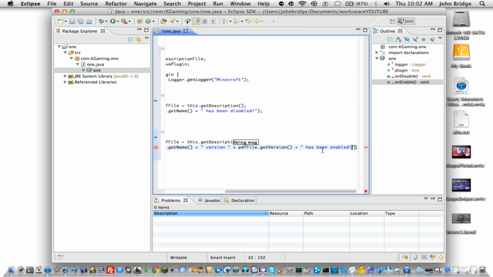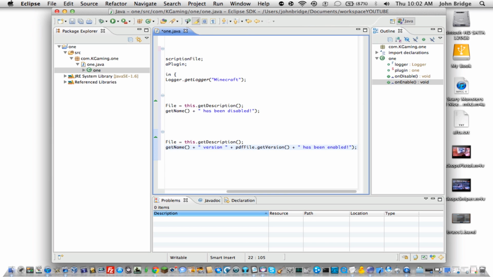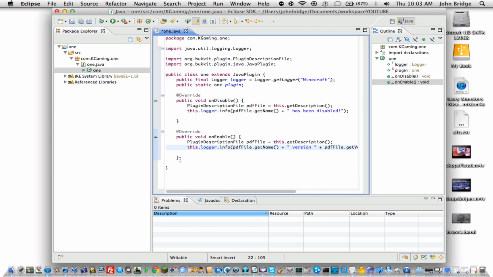And now, after that, you're going to type a semicolon to signify the end of the line. Now, you shouldn't have to do anything else in there. So, now, at the end of this bracket, hit return. Now you're going to type in public boolean onCommand, and then in brackets here, CommandSender